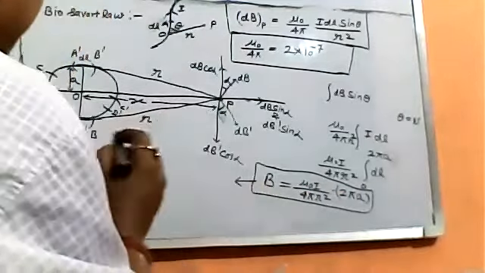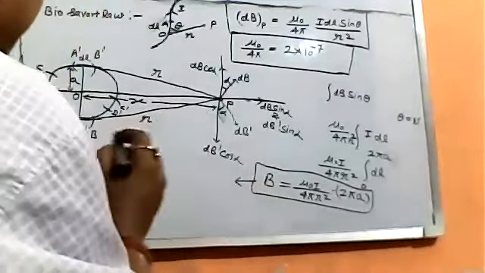Area of circular coil is pi a square. Okay, so this becomes mu naught upon 4 pi, I into a, divided by a square plus x square raised to power 3 by 2. This is clear? Now